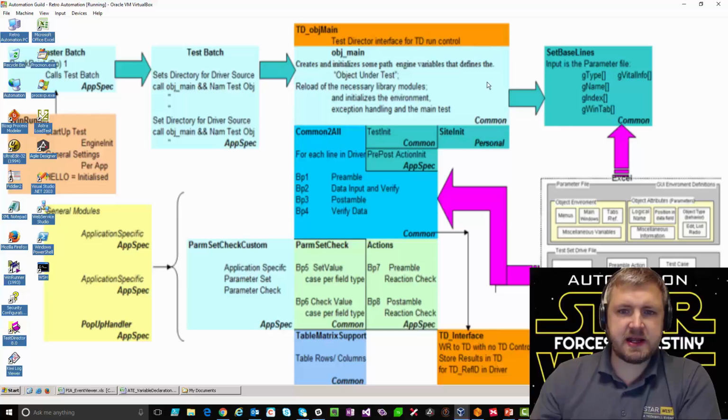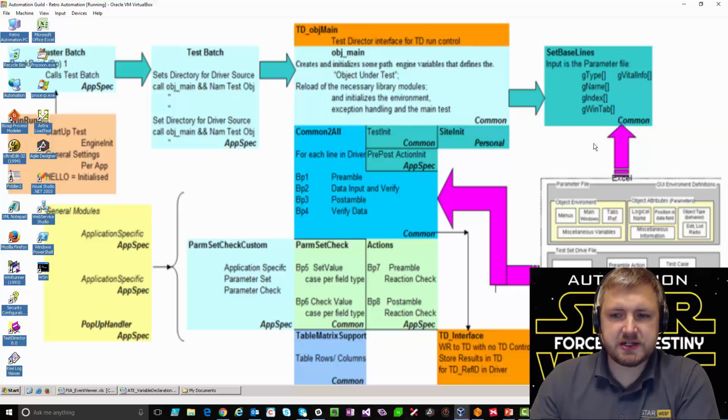The idea behind here is instead of passing specific information across, everything should have been loaded by about here. So this is the object main libraries, which was loading the baseline files, which was any parameter files, stored in a multi-dimensional array. In this case, it was originally CSV, but moved to Excel, where you'd read in a parameter file, which would contain all the object steps.